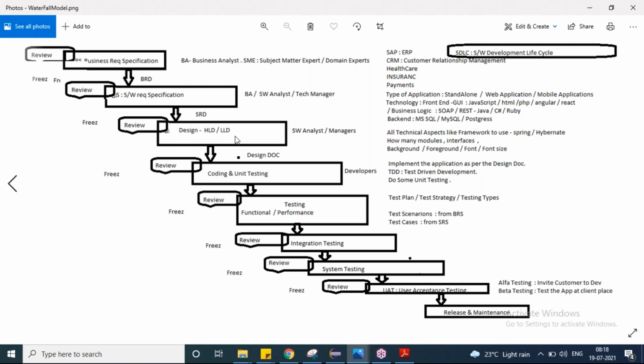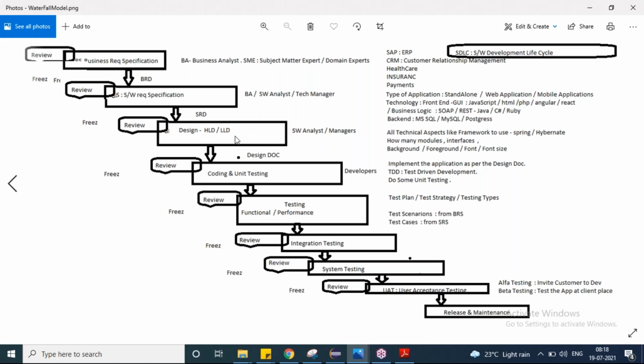In this development model that you're seeing, at every stage a review process will be conducted. If you have written the document, somebody else has to review it, and it has to be approved by another person.